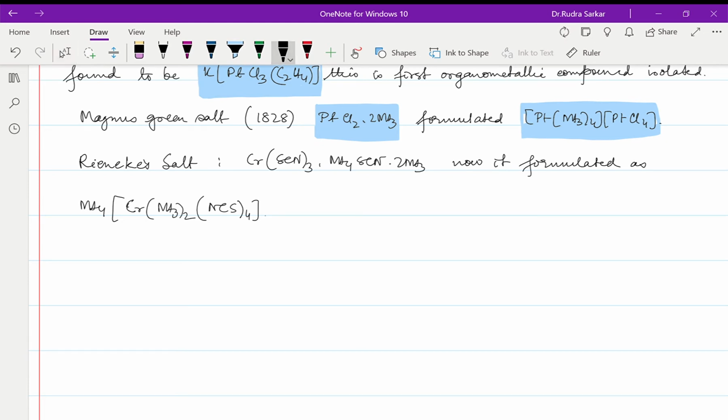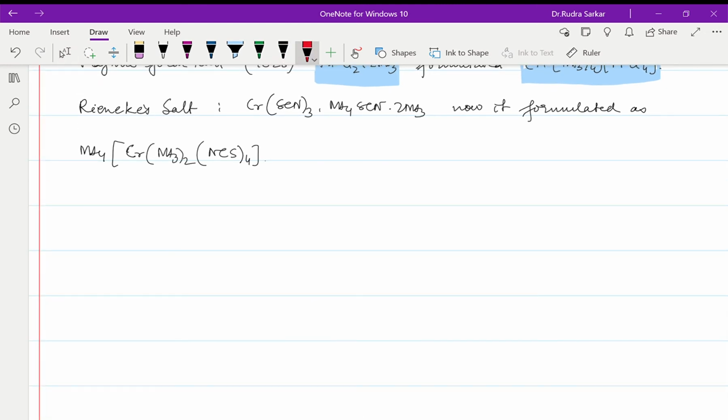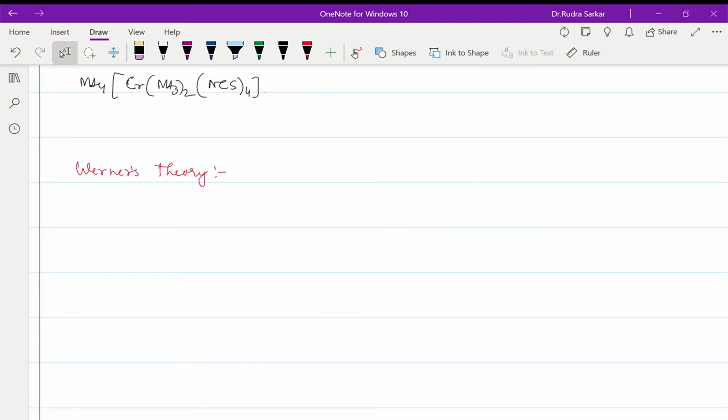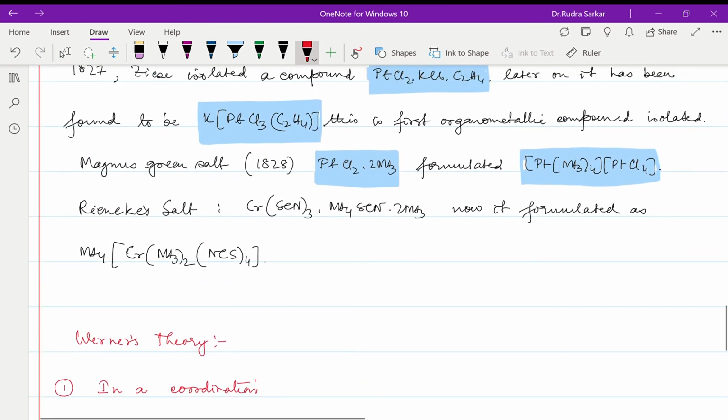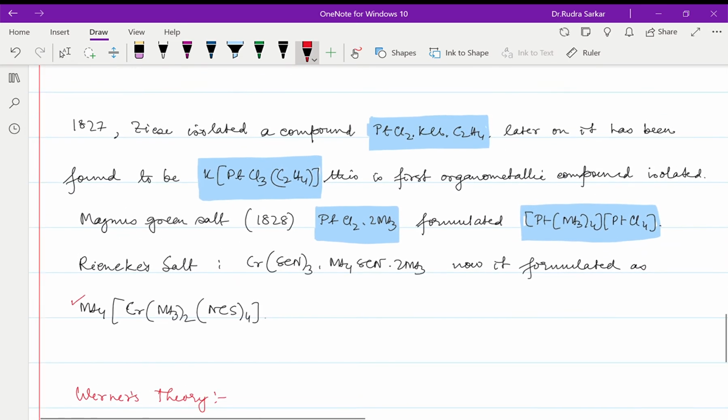So these were Werner's ideas. Now we will be discussing Werner's theory. He gave two fundamental ideas. What is that idea? In a coordination complex, that means the complexes that we have written over here, like this one, or this one, or this one,